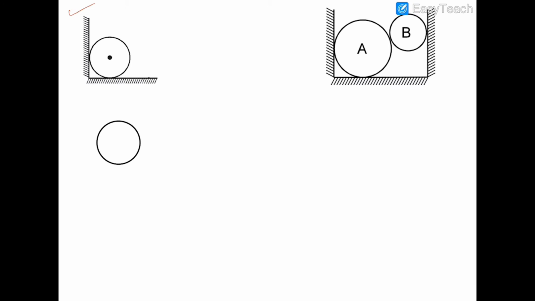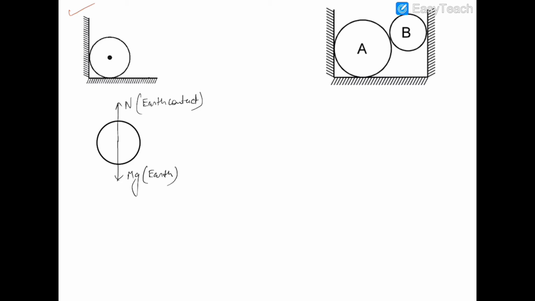we'll see that mg is acting downwards, and this force is again due to earth. Normal reaction is pointing upwards. This is again due to earth contact. Okay, now